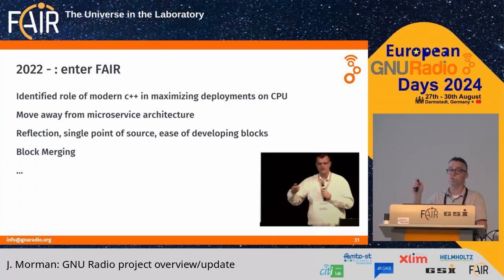But so here's where it starts to get interesting. A couple of years ago, we met Ralph and the team here at FAIR, and so I believe Derek first introduced us to Ralph because GNU Radio was being used very heavily here at FAIR in their digitizers at the accelerator, and we were at this point developing something towards 4.0.